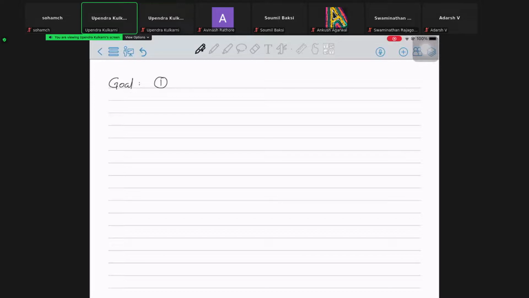So first is to show that the closed interval is compact in R. Any closed interval, but we will take [0, 1], is compact in R. And the second one is to show that any closed box is compact in Rn. So let us say [A1, B1] cross